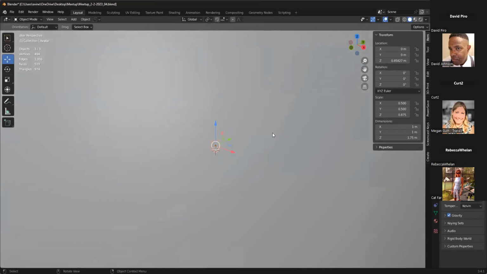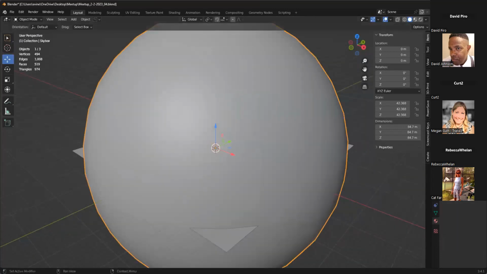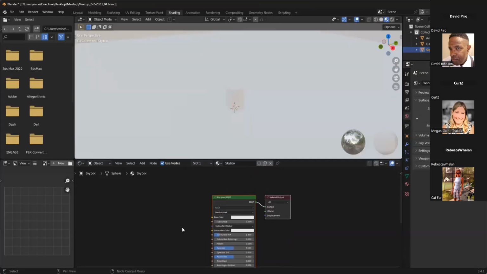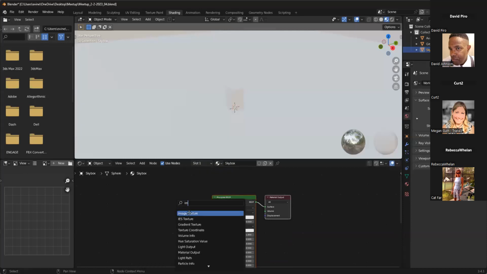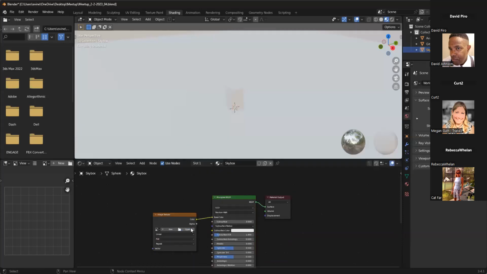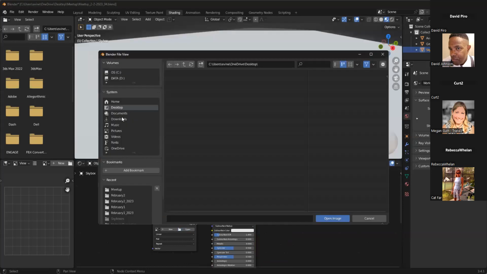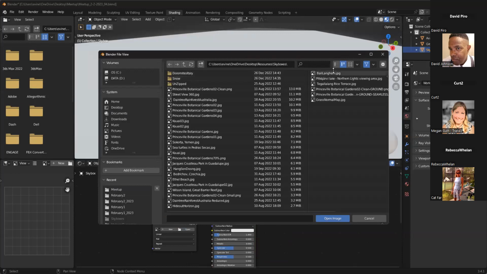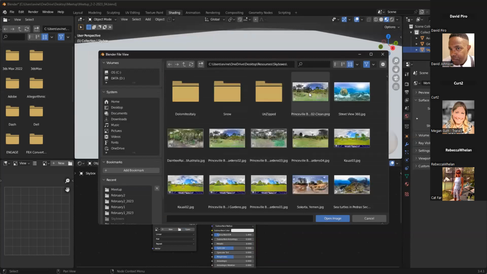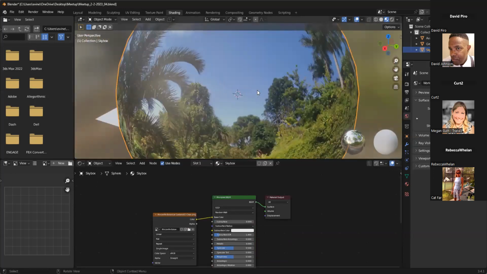When you want to test the skybox, you go to materials, create new material, skybox. Then we go to shading, image texture. I have a few textures that I found earlier. Sometimes it glitches. Let's open again. Resources, skyboxes, and I found a really cool one that I wanted to work with today. I think maybe this one. I really like this one. So now